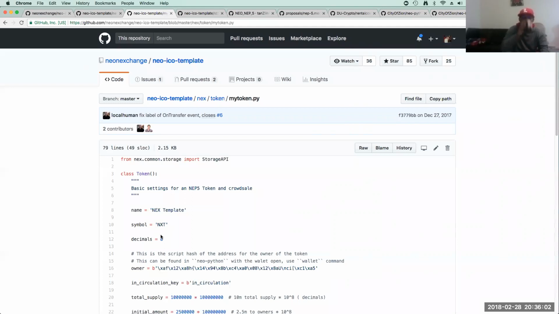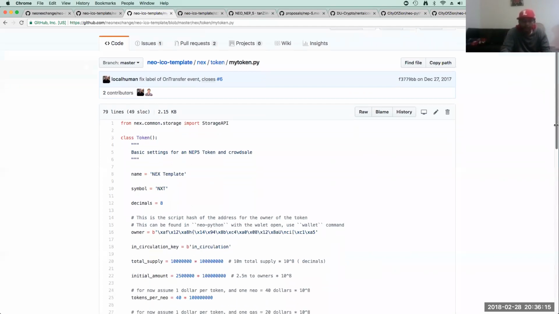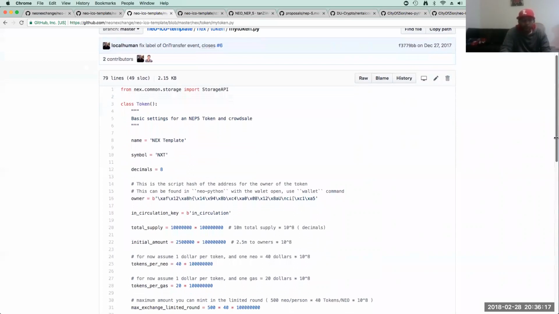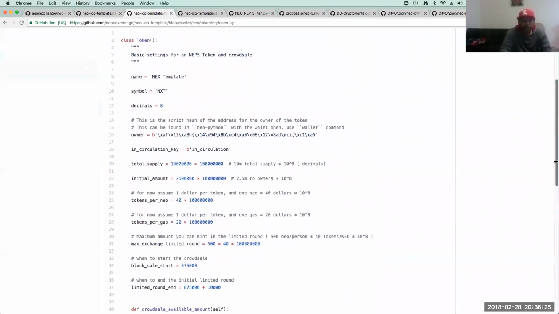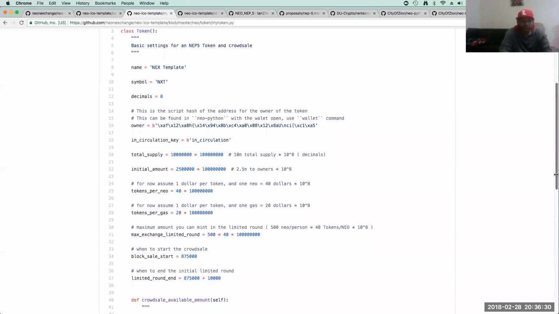I need to grab that from NeoPython, but this is the person who owns the token. They have the total supply, the initial amount, tokens per Neo, tokens per gas. This is all for the token sale stuff. The block sale start, the limited round.